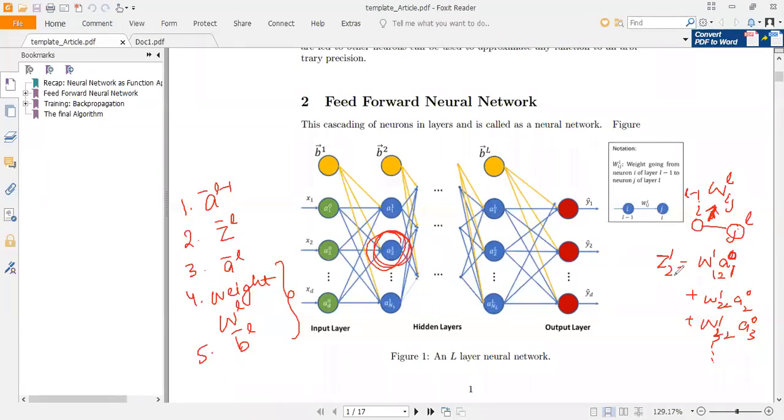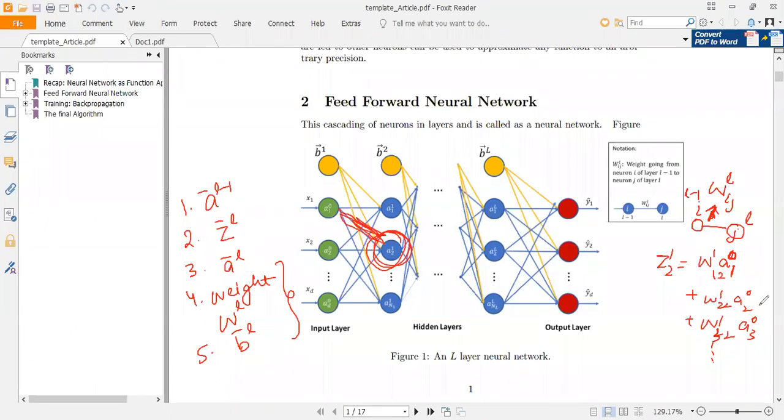So if we take this neuron here, it will receive inputs from each of the previous layer neurons. So the pre-activation will then be calculated using A^0_1, and then there is a weight associated with this edge, and that is W^1, the first layer weight. W^1 means the weight is in layer 1, and 1,2 means the edge is between neuron 1 of the previous layer and the current neuron, that is neuron number 2. So this weight here was W^1_12.